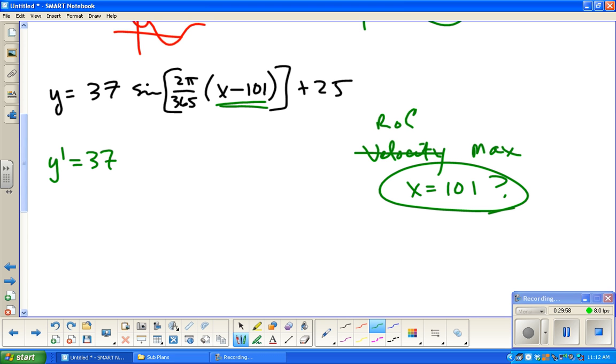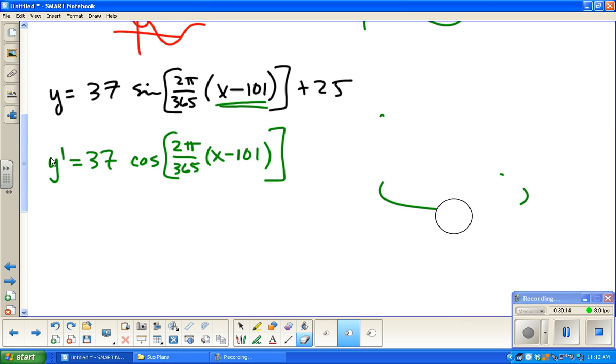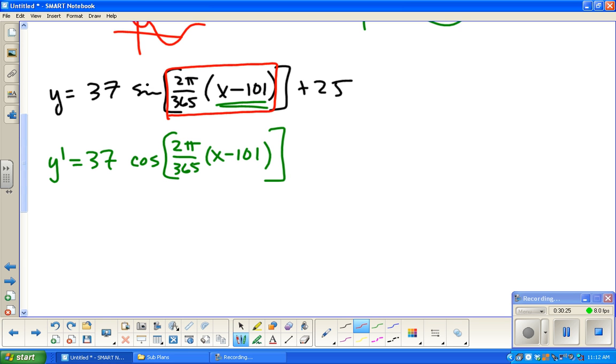And then the derivative of sine is cosine. And then we keep the inside. This is a function inside of a function, so this is where the chain rule comes in. We're keeping the inside the same. I'm going to get rid of this foo-foo stuff over here. We'll revisit that as we need to. Okay, and I'm still doing the derivative of sine because now I have to do the derivative of the inside. Well, the derivative of the inside is going to be, well, the 2 pi over 365 is going to come along. 2 pi over 365